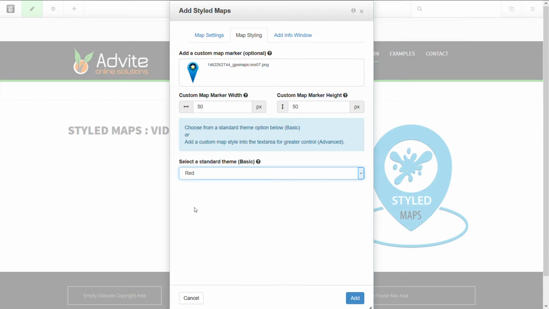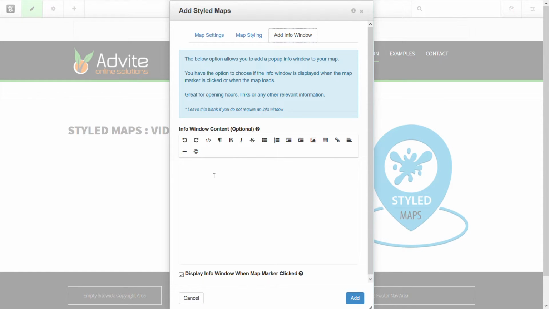So let's just say for this one, we'll click on blue, and after that we move on to the add info. In here now, again, this is optional. If you don't want an info box, you just leave this blank, and you can go straight into clicking add to add the map. If you'd like to add the info box, I'll just type in here, info, and